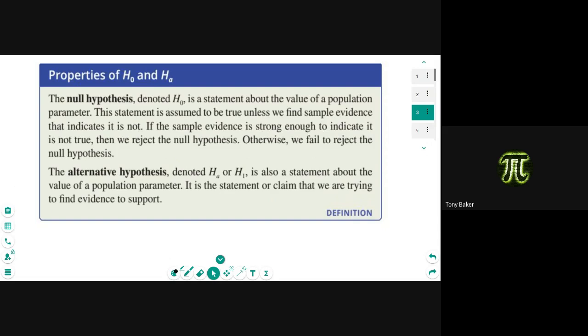The alternate hypothesis, which is denoted as H with a little a underneath it for alternate, is also a statement about the value of the population, but this is a statement where we're trying to claim evidence to support. So our alternate hypothesis is basically what we're testing for. The null hypothesis is stating that basically the status quo is true, is the best way to look at it. It'll make a lot more sense when we start doing some problems. It sounds weird, but